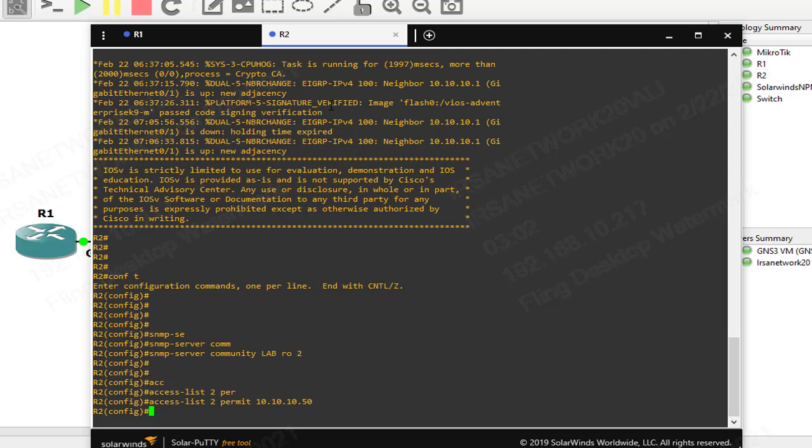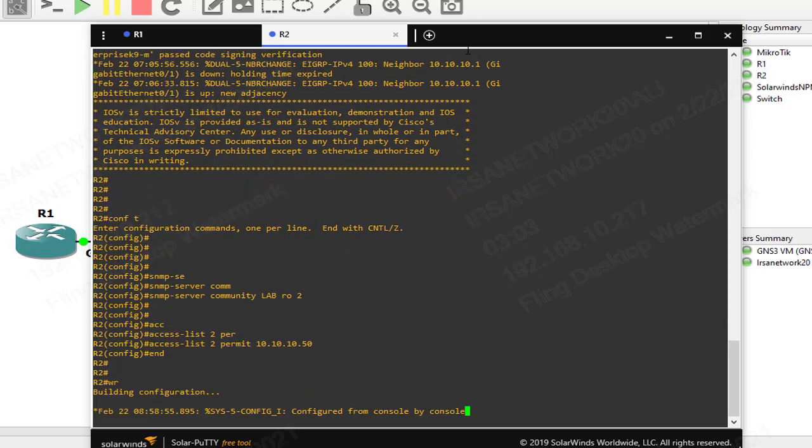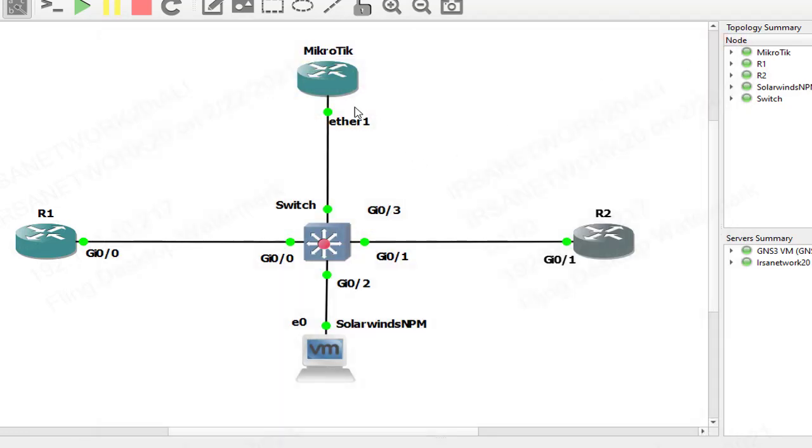You may ask, what is the difference between Orion and NPM? To answer this question, both of them are the same. In some cases, we can say the legacy name of SolarWinds NPM is Orion, but they still call it Orion. But in most cases, they say SolarWinds Orion NPM server. So that's great, and again we'll say end and wr,